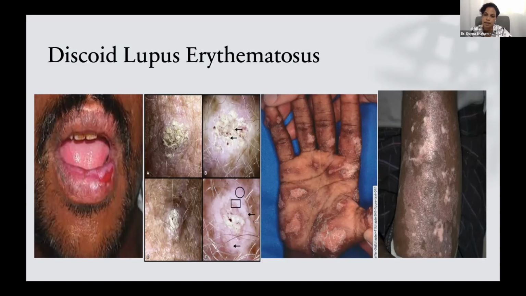There is a palmoplantar variant that will present with erythematous scaly plaques on the palms and the soles with central hypopigmentation and peripheral hyperpigmentation, as is shown here. You can have a hyperkeratotic variant where you get lots of thick scales that are adherent to it. We must be careful and closely examine these patients, as the chronic lesions, especially on sun-exposed skin, can actually form squamous cell carcinomas, as is seen in this photograph here.